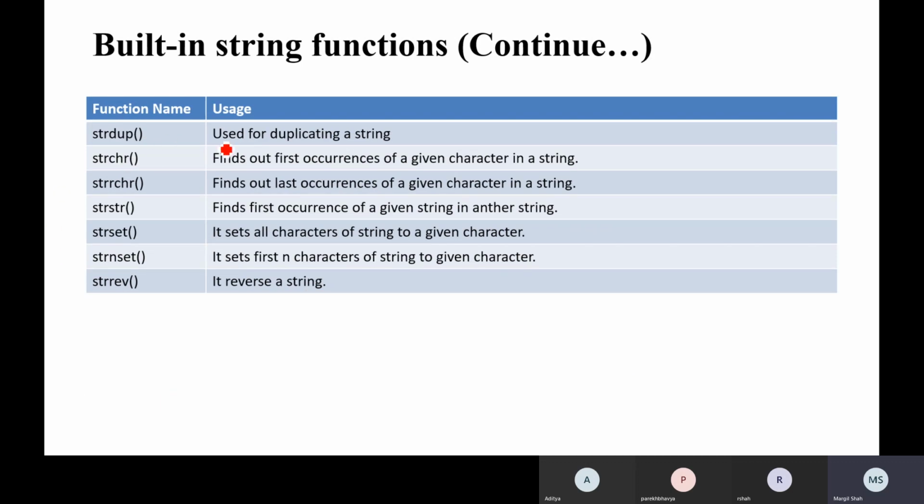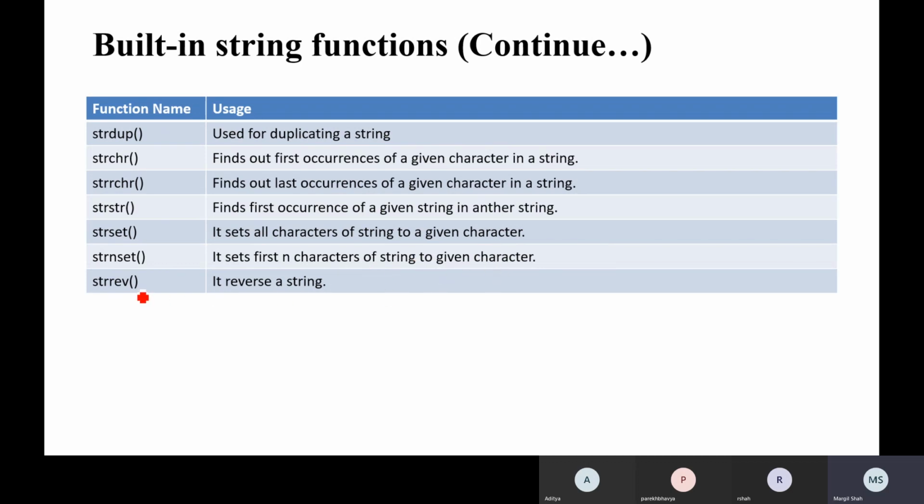Now strdup is used for duplicating a string. strchr finds the first occurrence of the given character in the string. strrchr finds the last occurrence of the given character in a string. strstr finds the occurrence of the given string in another string. strset sets all the characters of the string to the given character. strnset sets the first n characters of the string to the given character.